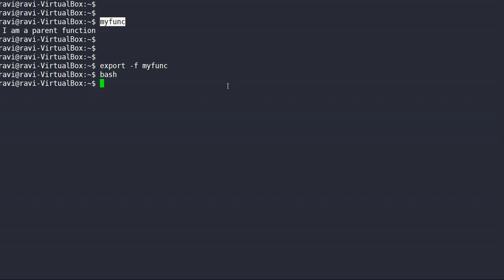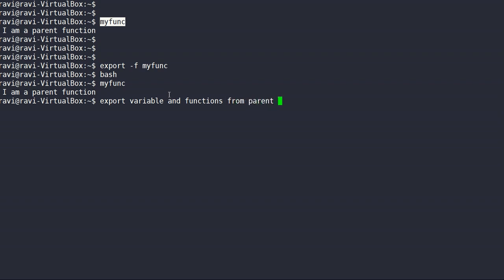Now if I spawn a child process from here, the function is visible. So in this way, we can export variables and functions from the parent shell to the child shell. But the reverse is not true.